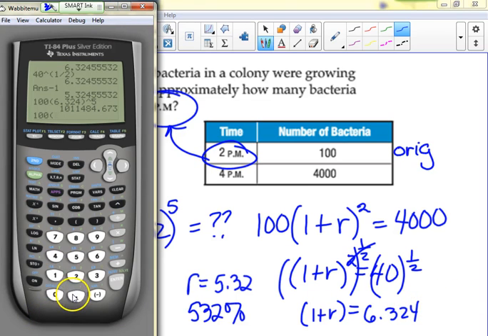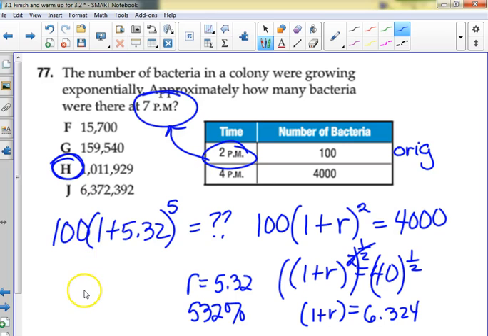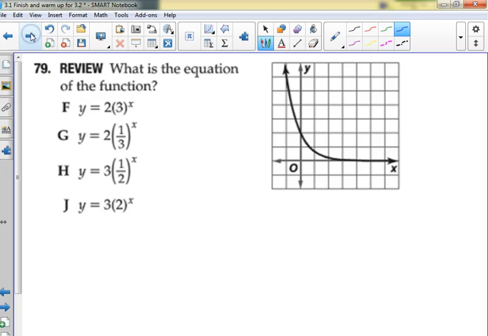Yep. If we had typed square root of 40, to the 5th. 1011928, is that what they had? 929? Okay, so they just did the longer decimal. All right, good thinking here. Okay,